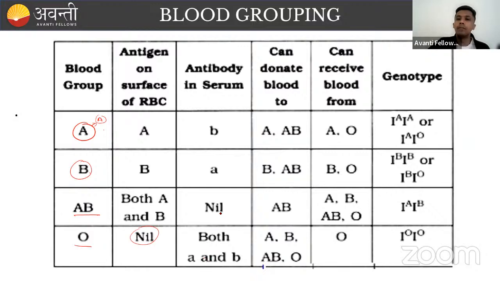If you see A blood group or B blood group, they can donate blood to the same individuals, the people who have A or B blood group, and they can also donate to the people with AB blood group, because AB blood group is called the universal acceptor. Since it has both the antigens, it is okay to mix any of the antigens. And then you have O blood group. O blood group is